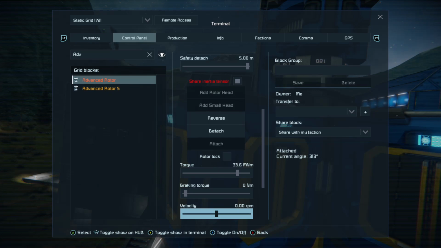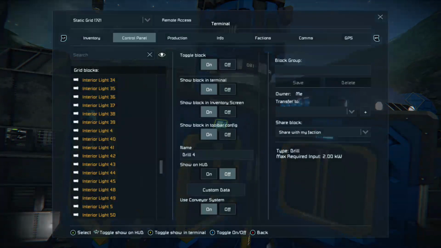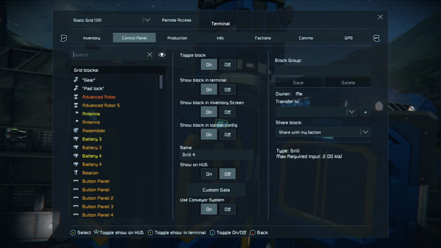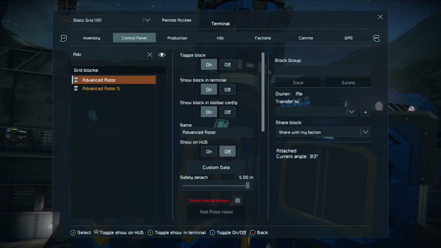So, how to do it? Again, go into the control panel. You need to find your advanced rotor, in my case. Type in the search bar the first few letters, like ADV for advanced, and then I happen to know that the deep orange one is my new advanced rotor.